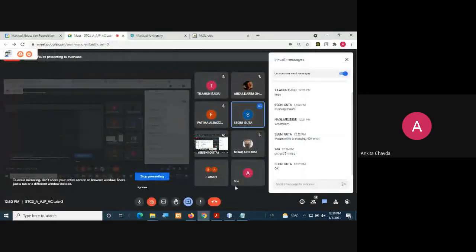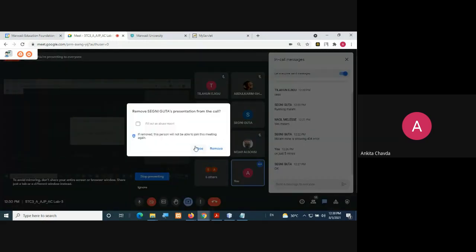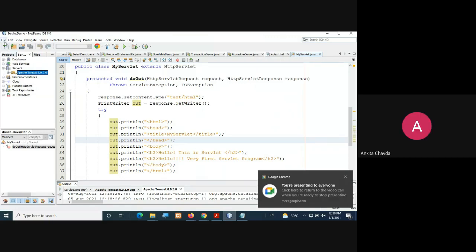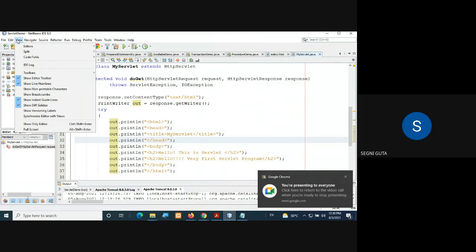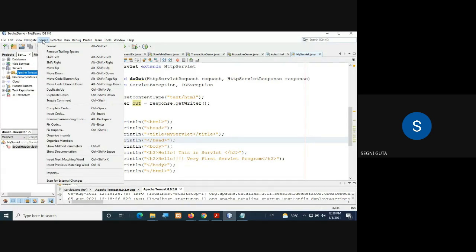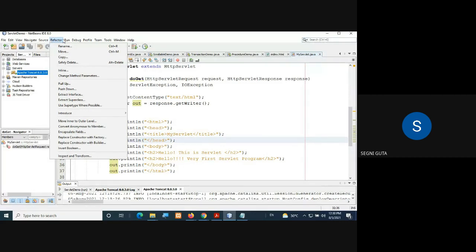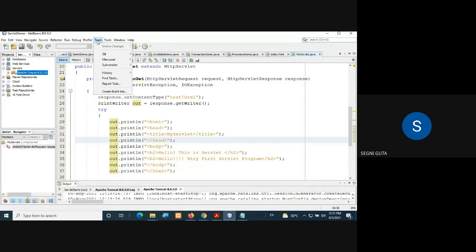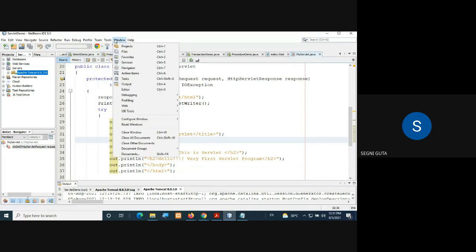Where are your services? See, in the window there are the services.